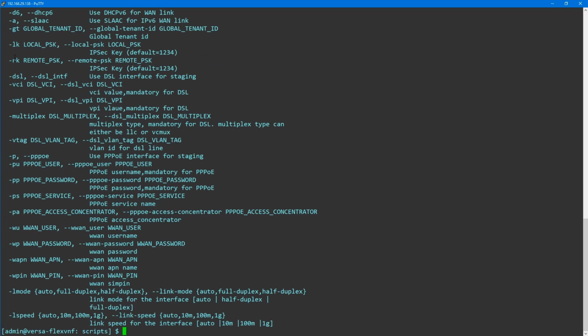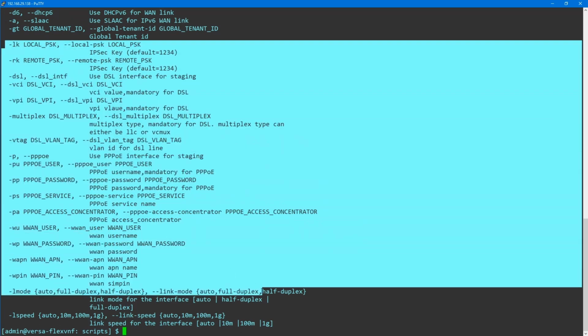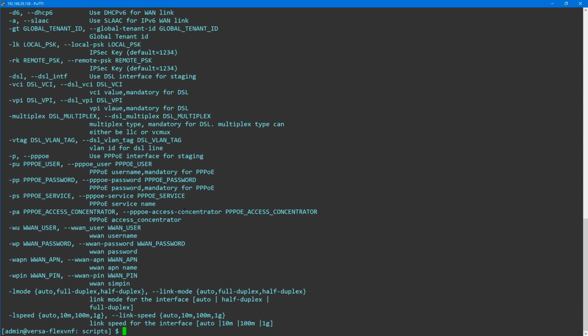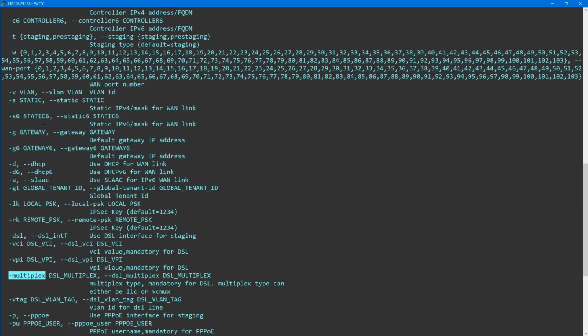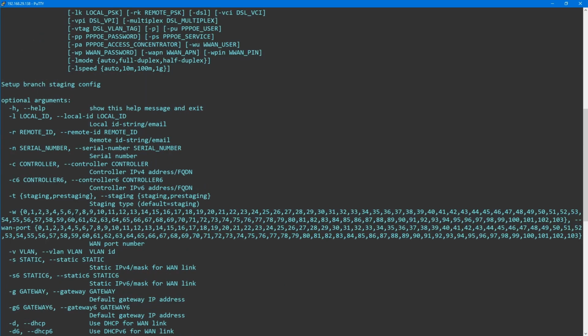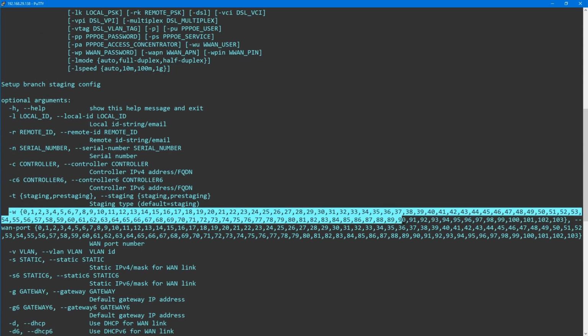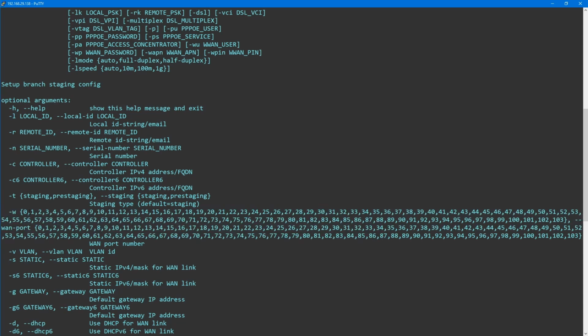Okay, so these are all the arguments which you can use depending on our scenarios, with different link types like PPPoE or DSL or DHCP based internet link. Now, at minimum, we should provide the WAN details, like which WAN interface is going to be used to onboard the SD-WAN Edge. So in our lab,